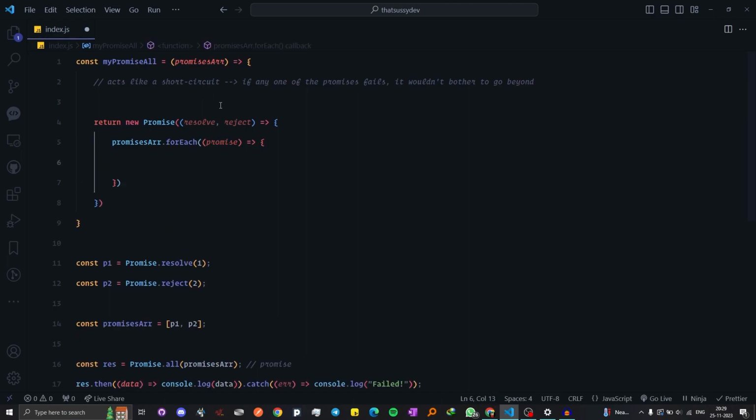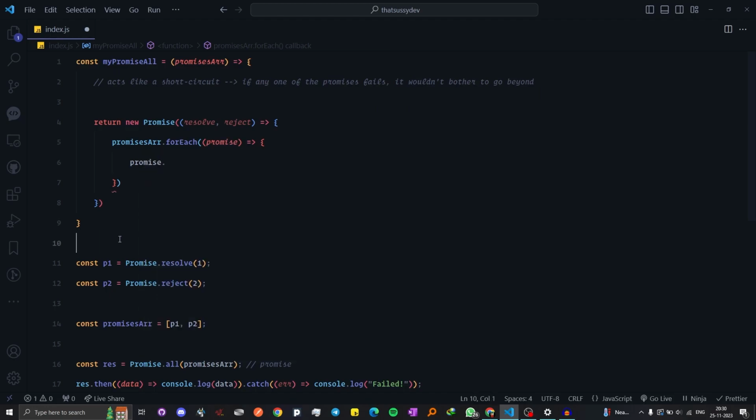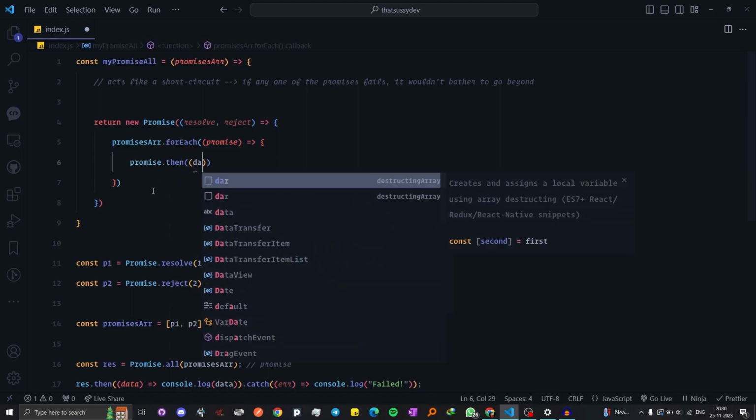By the way, if you don't know what this means, this is literally looping through each of the promises, and promise here means P1, and then it will loop through again, then it will be P2. So promise is each of the elements in the array, right? And then what we can do is we can take each promise. Let's say for the first time it is P1, the second time it is P2. So we can take each of the promise, and then similarly we can